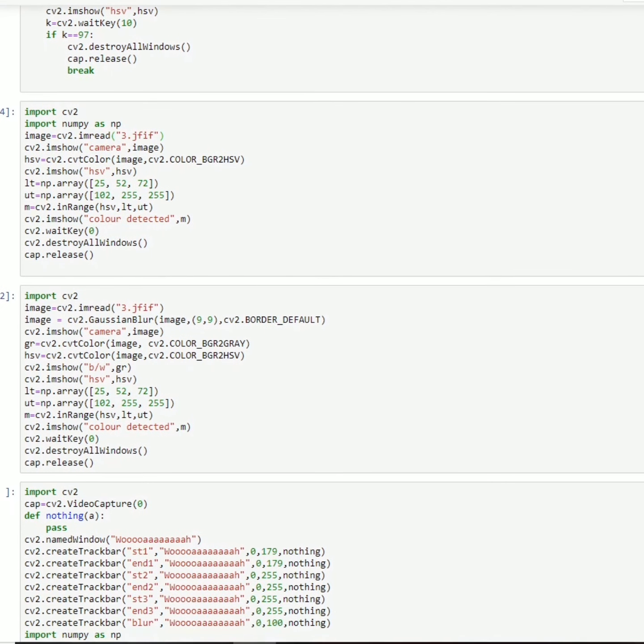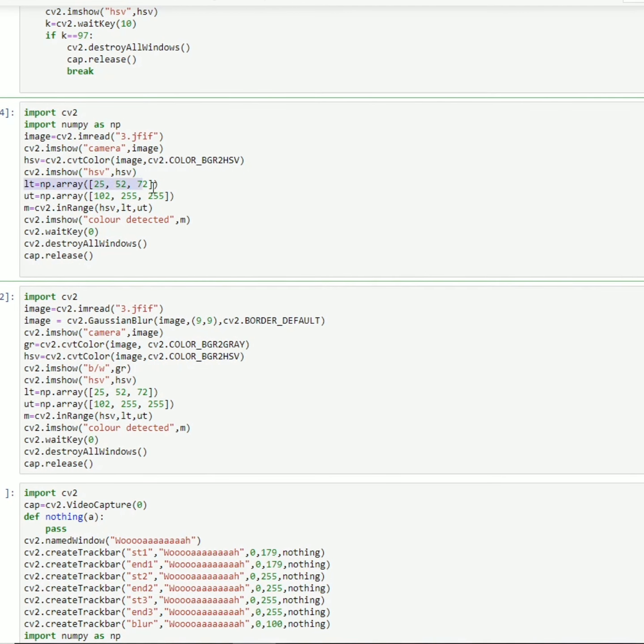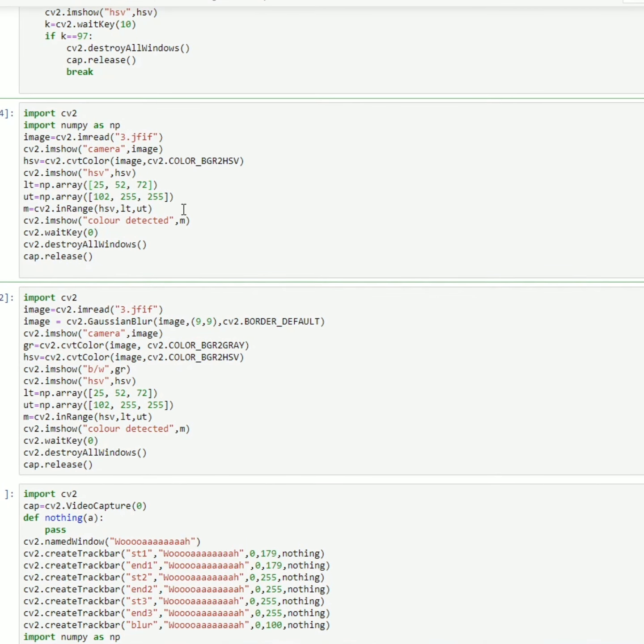So where I was, I was explaining this particular code. I'm converting into HSV and then showing the HSV, then I'm declaring the lower threshold and upper threshold. If the hue, saturation and value are in this range, then the color is green. So I'm saying if the value is between this and this, then it is green.